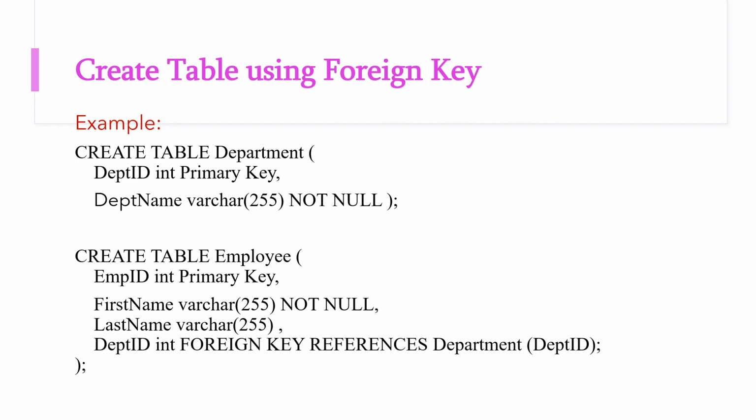I have the references keyword here. It references the department, that is the table name is department and the column name is department ID. So this is the way that I mention the foreign key relationship.